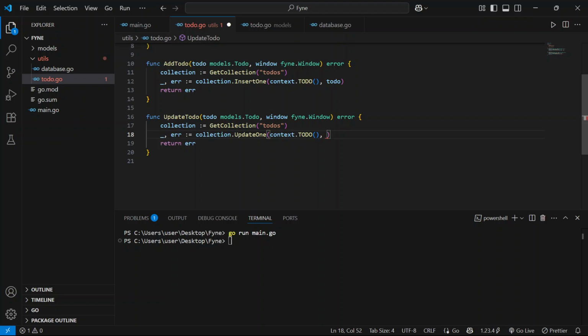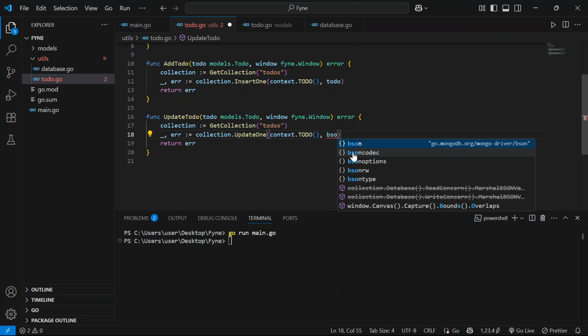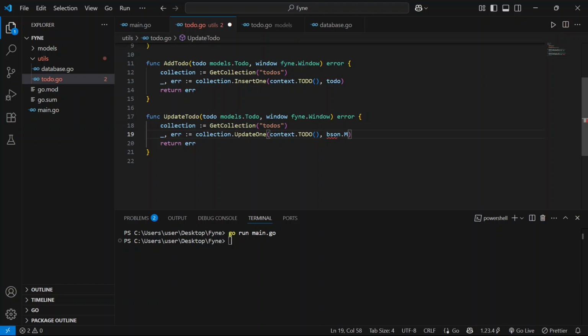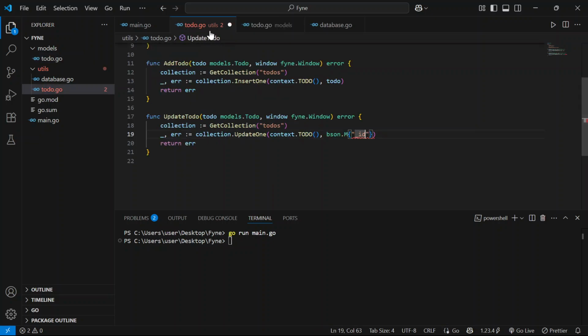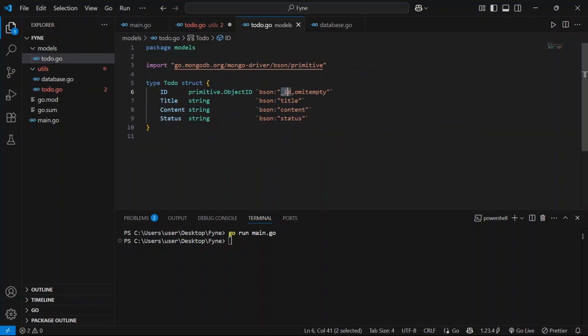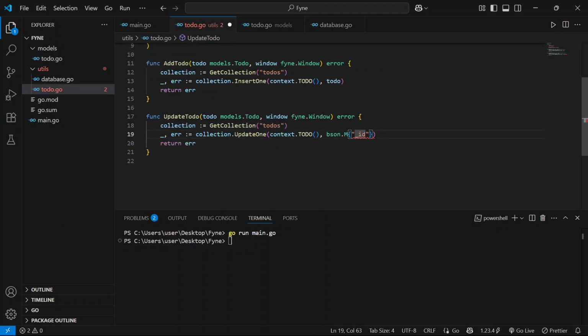Of course, we're going to update it by ID, and then you can provide the details. So we're going to say bson.M so that you can supply your filter's ID. Here I'm saving it as _id, that's why I'm supplying it with the underscore. If you used just a plain ID without the underscore, you're also going to do the same here. And then we're going to say to do ID,